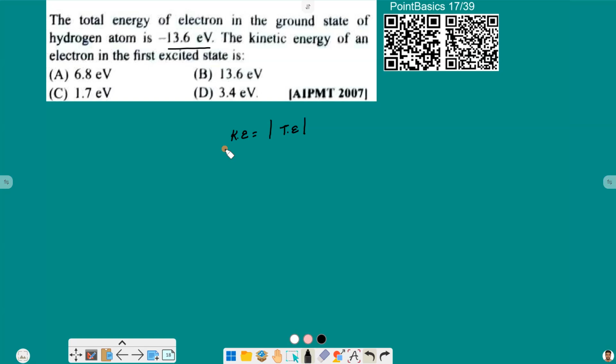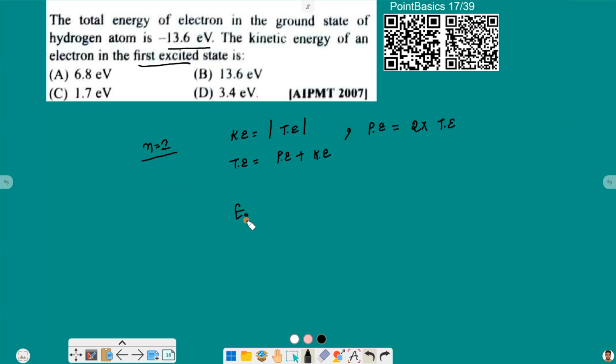And our total energy is the sum of potential energy plus kinetic energy, and from that we can also write that potential energy for any orbiting system, like here for the electron in a classical system, is 2 times the total energy. So for the first excited state, here n will be equal to 2,